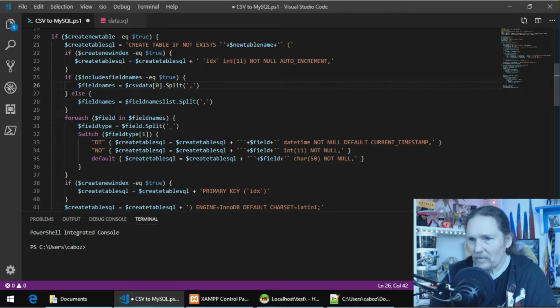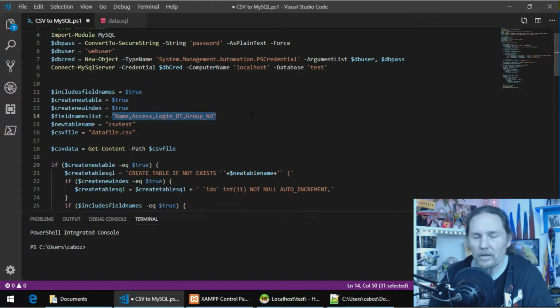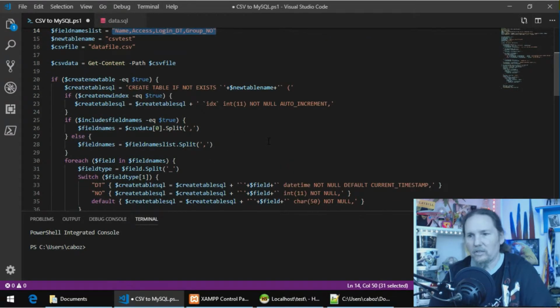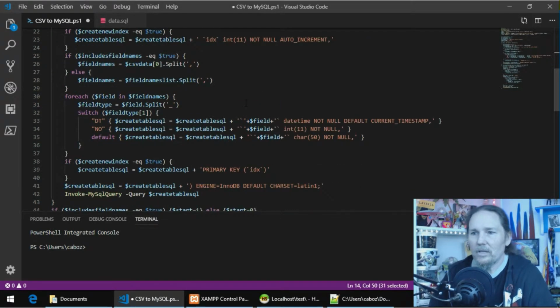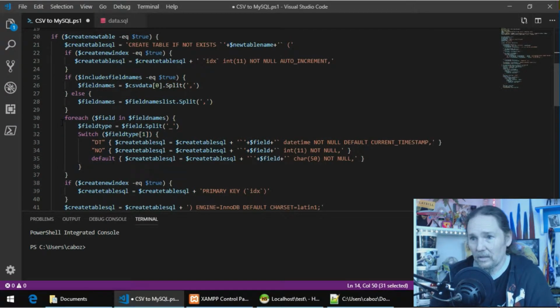Okay. So if I'm not including my field names in the data, then I just use the field names from my list up here that I created. In this case, I did include the field names, so that's fine. So then I'm going to come down and go through these field names. So in